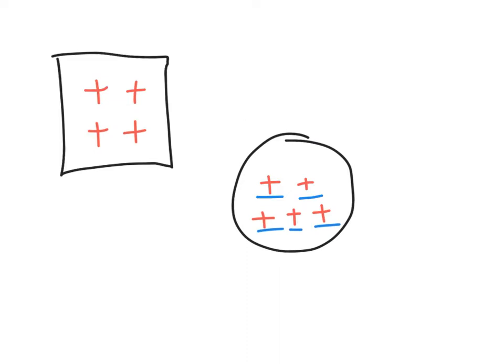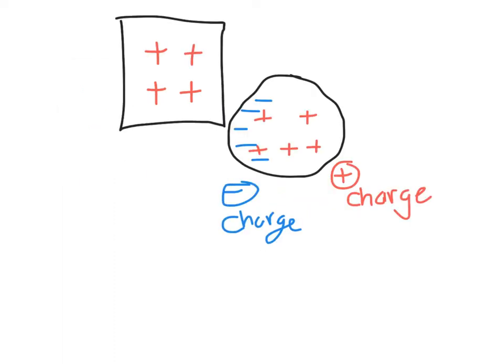Okay, here's my next example. In this example, we have a positive object and a neutral object. Pause the video. Can you figure out where the electrons are going to go? Are they going to go on the right-hand side of the object or the left-hand side of the object? Pause and try and figure it out on your own. Okay, so